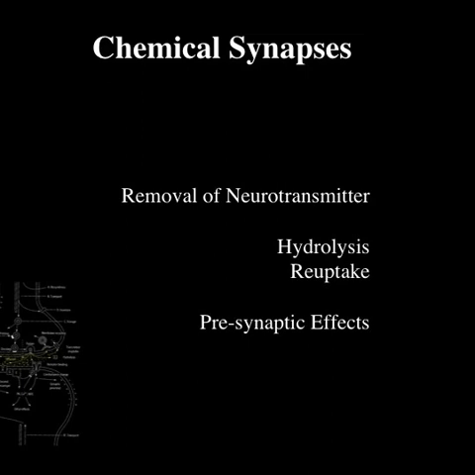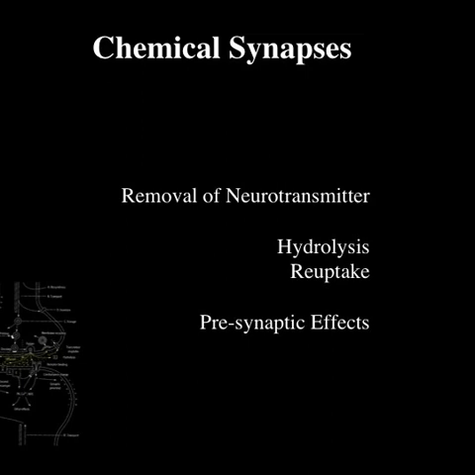Which of those two things happens depends really on the chemical nature of the neurotransmitter. If it's a garden variety neurotransmitter that's really easy to manufacture, like acetylcholine, then it tends to be hydrolyzed. The choline is taken back up into the synaptic cleft, and the acetyl, well, hey, you can get acetyl units from anywhere, so that's not a big deal. We'll just grab one from here and we'll use it next time.